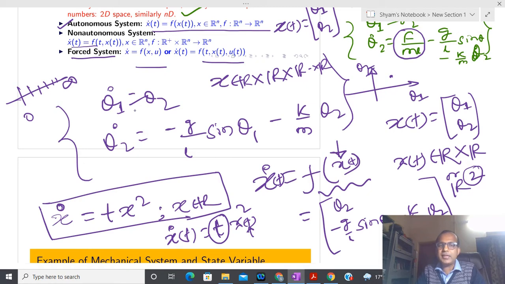So this is the representation. Whenever we are going to develop theory for any class of system, it just falls into these three classes only: autonomous system, non-autonomous system, and forced system. The forced system has two categories, autonomous or non-autonomous, depending on your choice. After that, one more thing: in order to represent this system I need the notion of a set, the notion of the Cartesian product, and the notion of functions. Anyone has confusion, then please let me know.